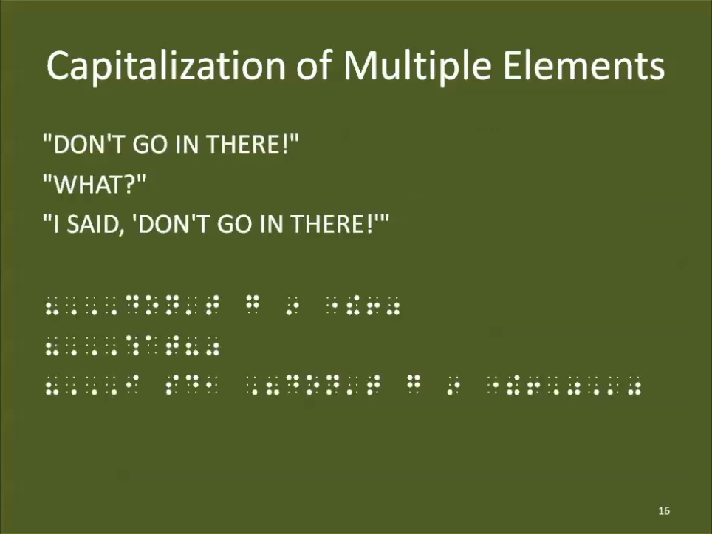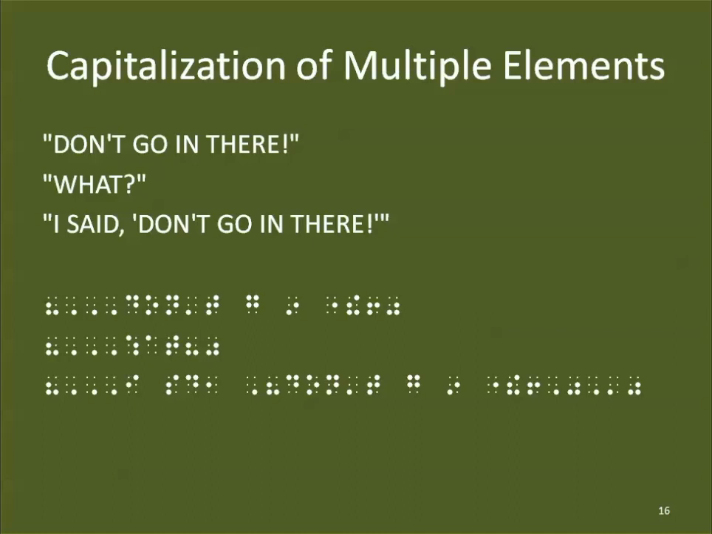For instance, suppose we have a conversation and it's two people yelling at each other. Maybe it's a loud environment. And one person says, "Don't go in there." So we have a passage because that's three or more symbol sequences. So we have our three cells of .6, "don't go in there," and then the next